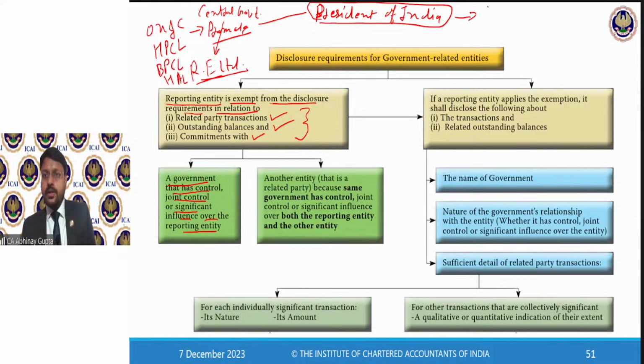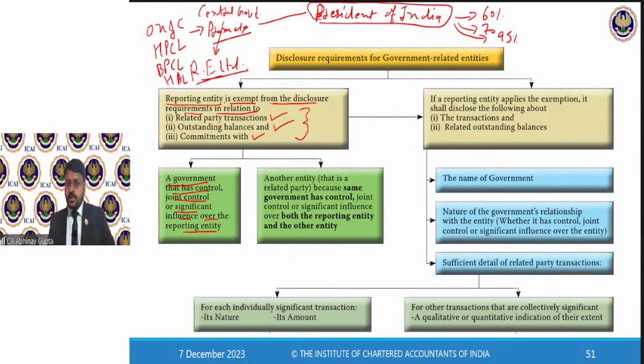For example, in few of the cases, you will see 60%. In few of the cases, you will see 70%. In few of the cases, you will see 95% even. So it means that President of India, central government, is controlling these entities. So ONGC and HPCL, BPCL, Hindustan Aeronautics Limited, National Aluminium Company, all these companies are governed or controlled by the